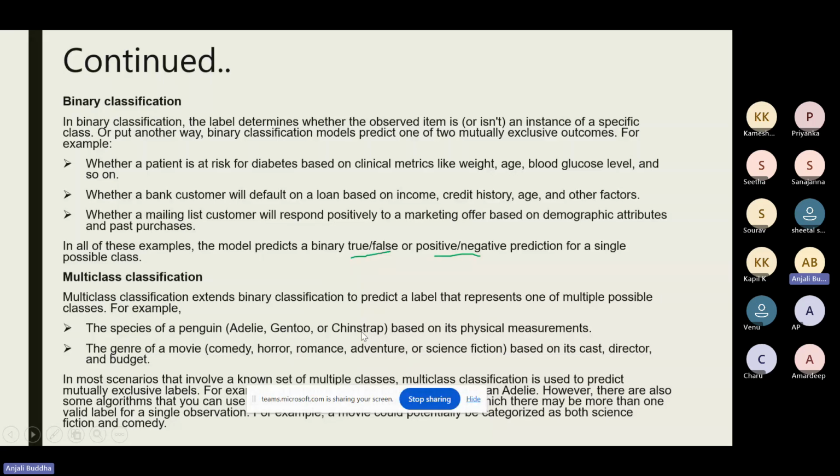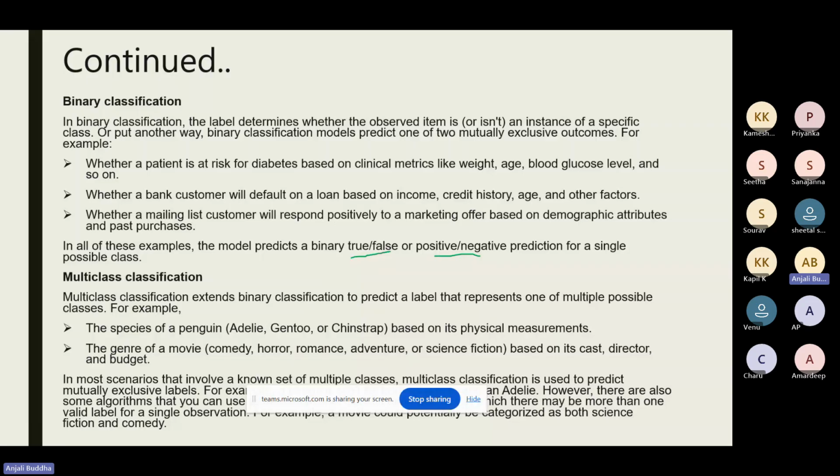For example, I am trying to predict the type of a movie. I give the director, so XYZ director directed this movie, XYZ hero acted, and the story was written by this story writer.